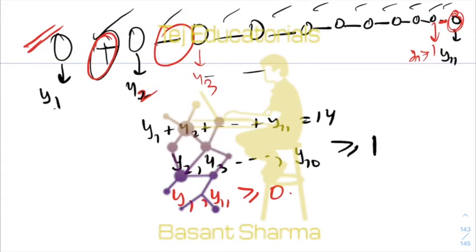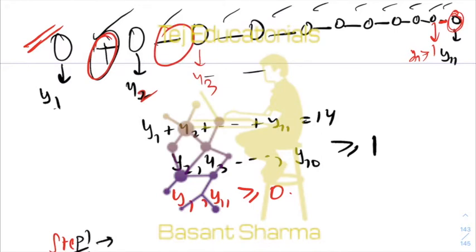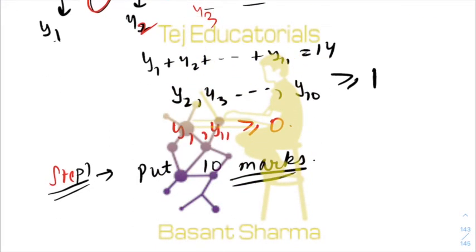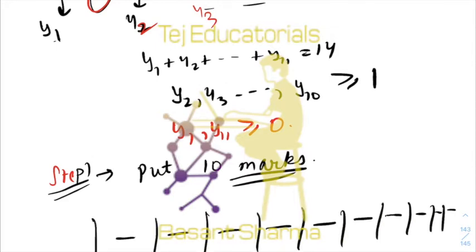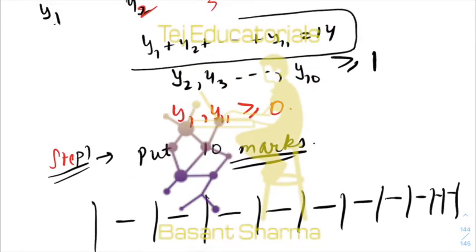Now pay attention to how I am modeling the problem. Till now I have not told you which person will go where, or which persons I have selected, or even the arrangement of these 10 people. I'm just saying, you just put 10 marks. If you want to write a procedure, step 1 is to put 10 marks: 1 2 3 4 5 6 7 8 9 10. Then there are 11 gaps, which are represented by y1, y2, y3 till y11. So you want solutions to this equation subject to these conditions.